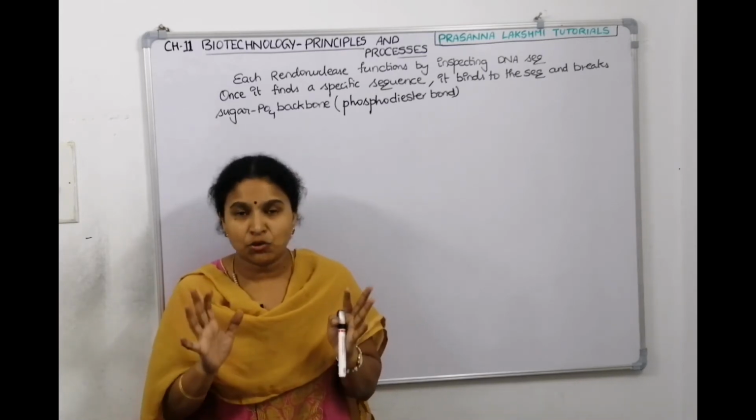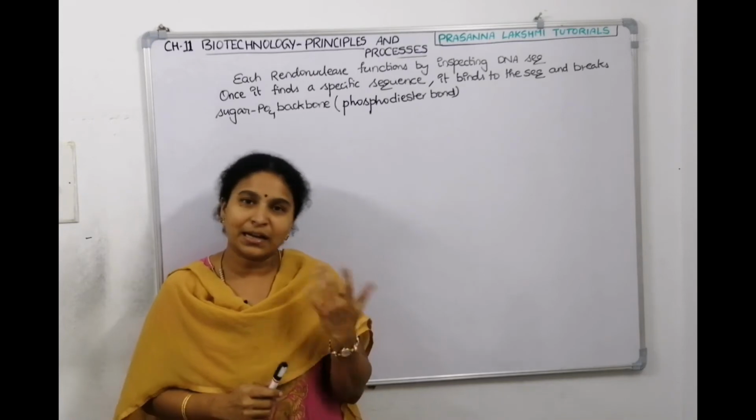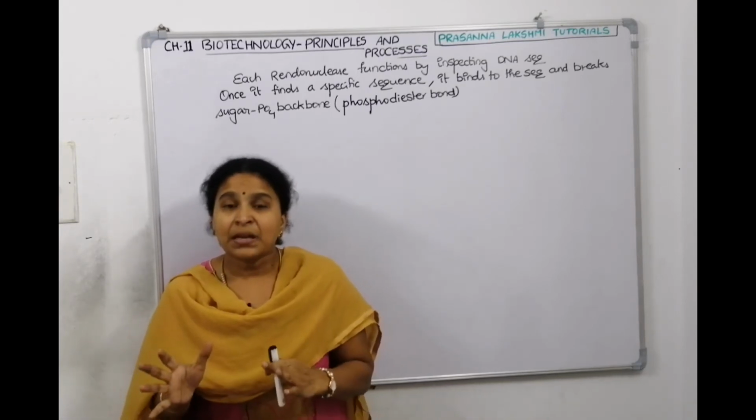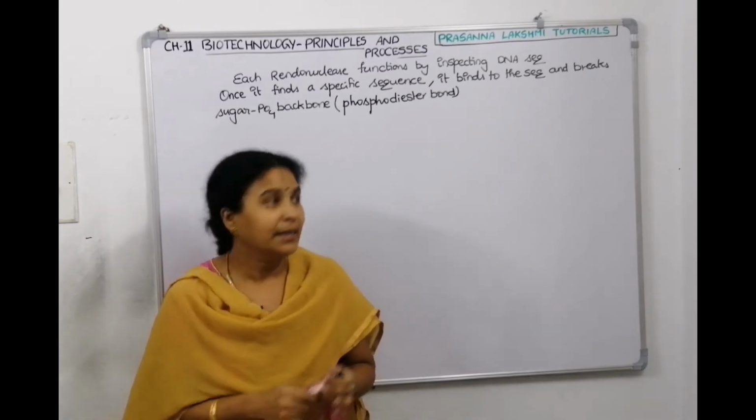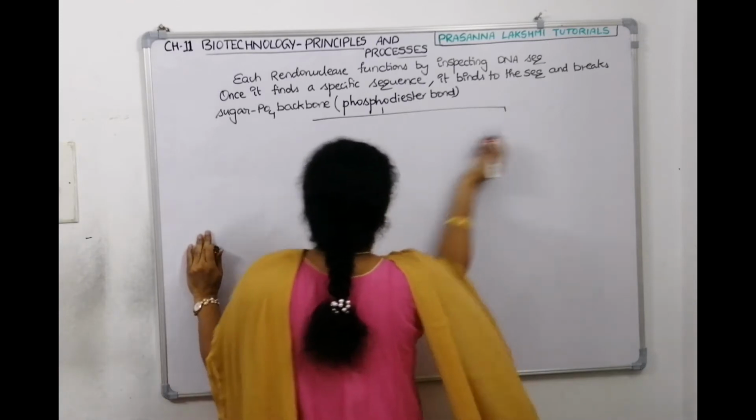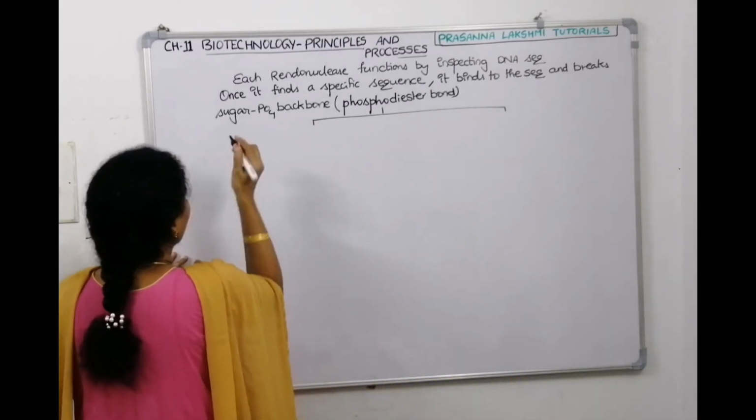Which type of ends do you get now? Basing on that, again we have two types. One type of DNA will give us sticky ends. Another type of DNA will give us blunt ends. After it digests, we will get two types of ends. One type of ends are called as